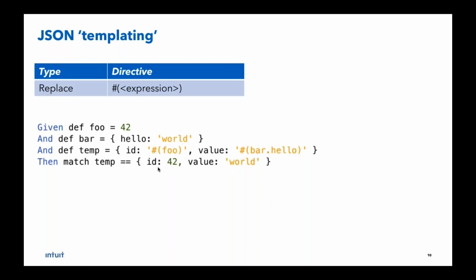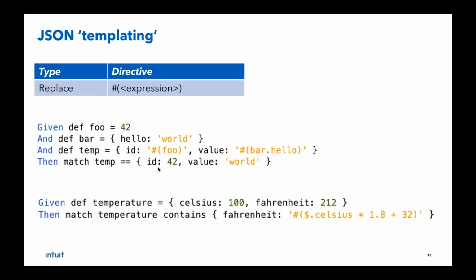Karate has a concept of templating, as you see on the slide. You can see that hash, round bracket, where any variables in the context, and the def keyword, by the way, is how you define variables. Karate supports a whole range of variables that you would expect for a tool like this. It has JSON and XML, as you will see in a moment. But this templating is very useful because you can still express data as pure, well-formed JSON, but at the same time compose JSON out of other very complicated JSONs if you want. And it's very flexible that way.